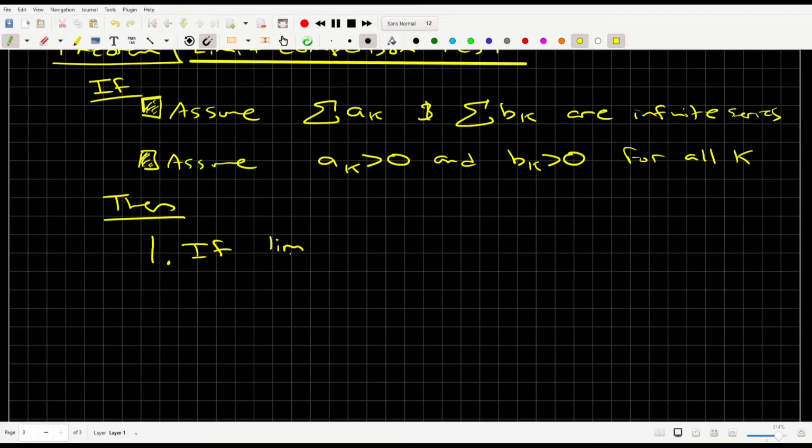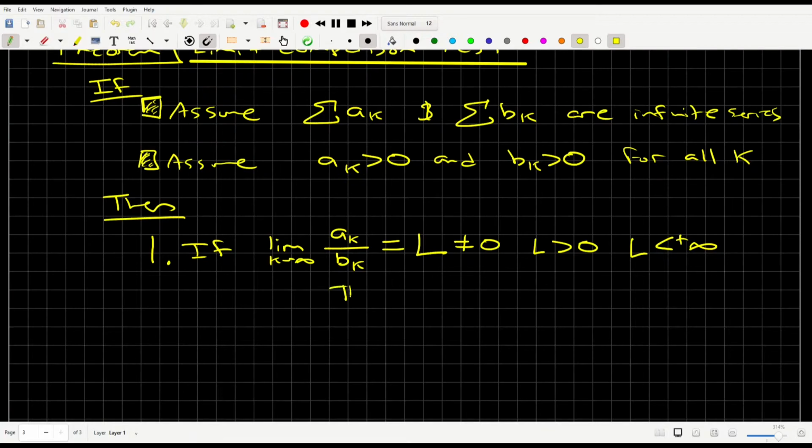And that's if the limit as k goes to infinity of the ratio of a_k over b_k, so the ratio of terms in the a_k series and the b_k series, is equal to some limit, which is non-zero, positive, and less than infinity,